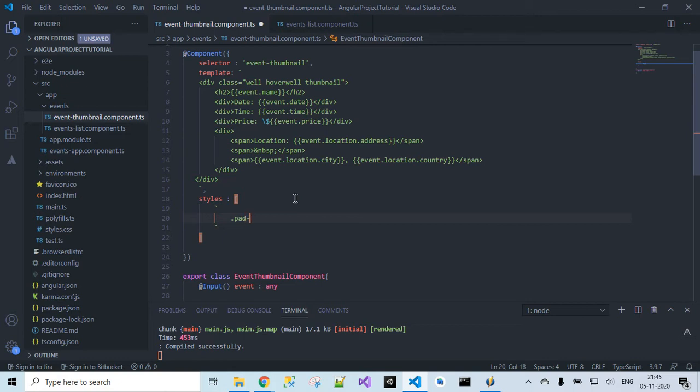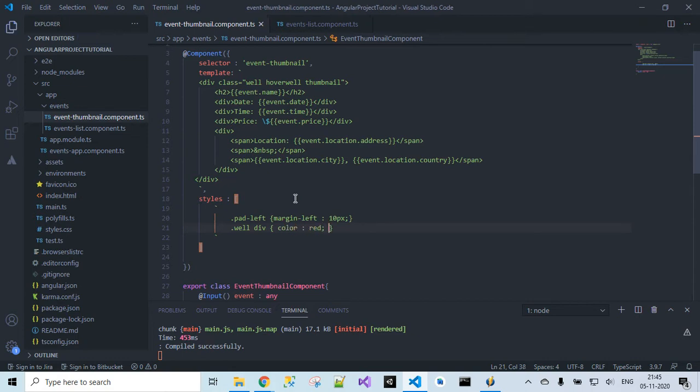So I want to apply some padding, padding-left with margin-left 10 pixels. Okay, and I also want to apply, for well div elements, color red.